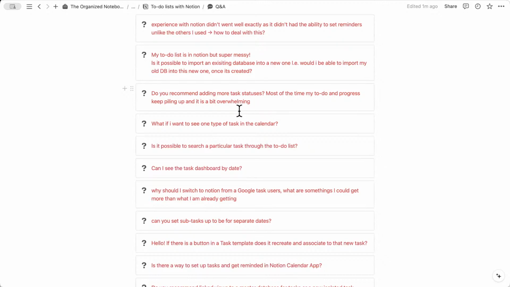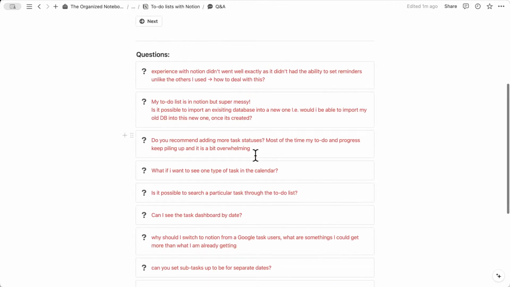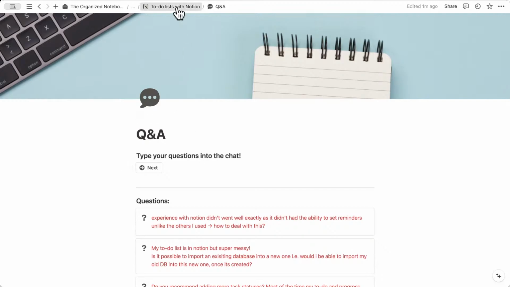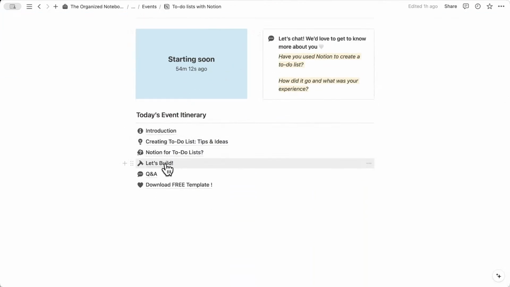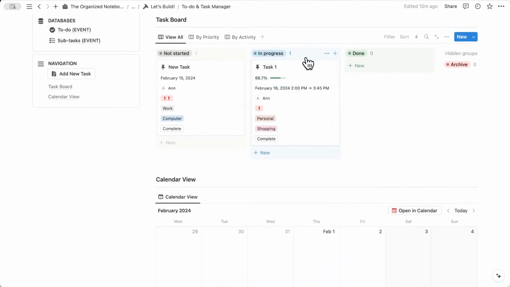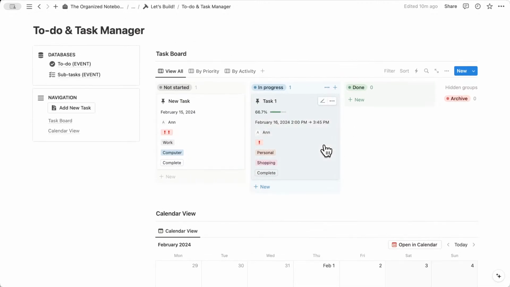Having more task statuses can make it easier to manage your tasks. If we go to our to-do list building here, as you can see, we have just "in progress". If you have more processes inside your progress, like if this was a project management template, you might even have a review column, or additionally, you can add these options in between, based